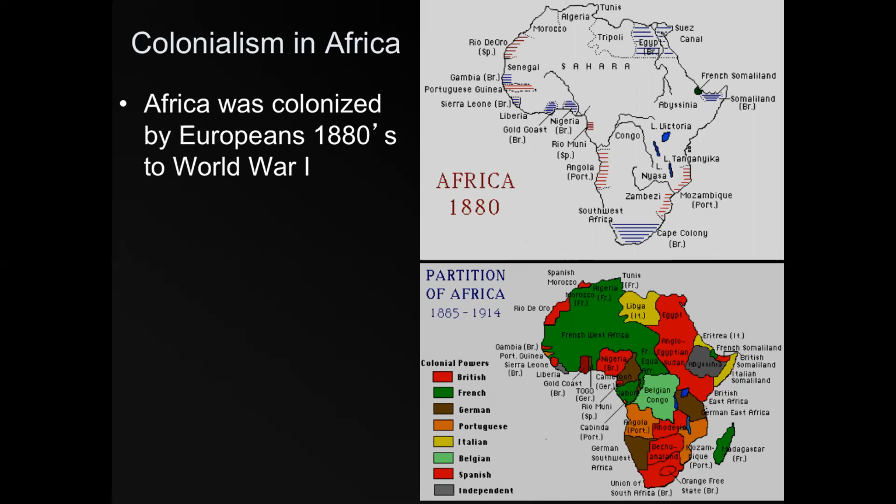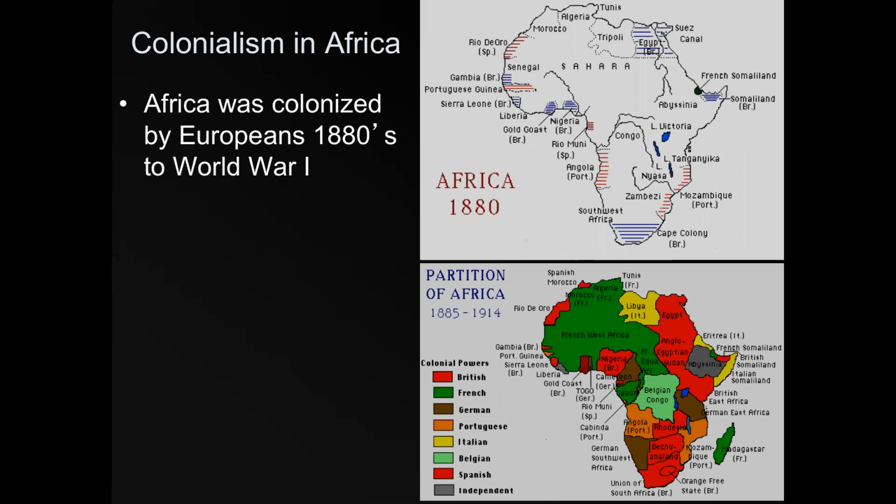Unlike the Americas and the genocide that happened there, there were no diseases to help out the Europeans in subduing these areas. What happened in the 19th century is that Europeans had developed very sophisticated weapons, such as heavy artillery that could be moved very quickly, machine guns, and slowly over time, they were able to colonize almost all of